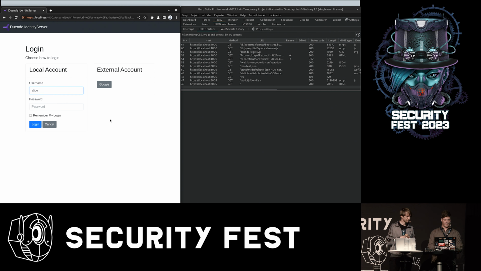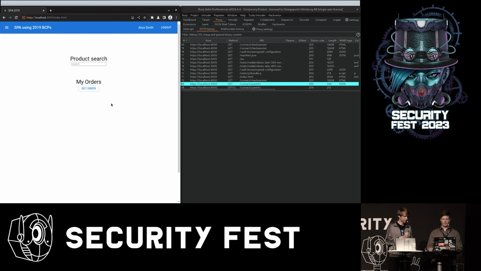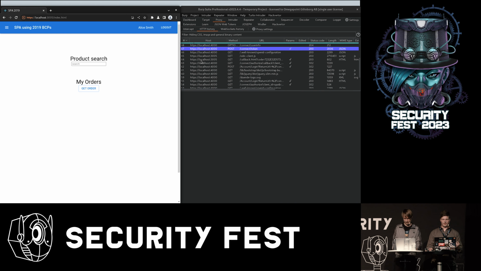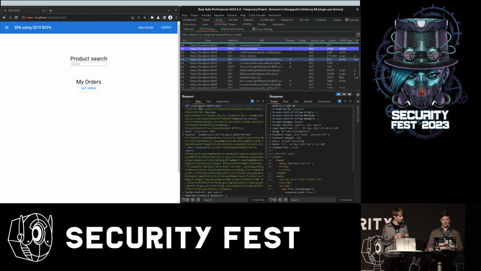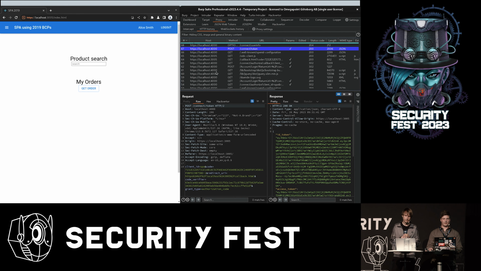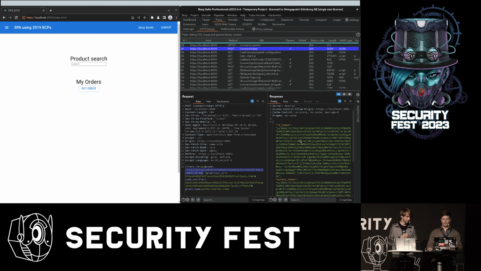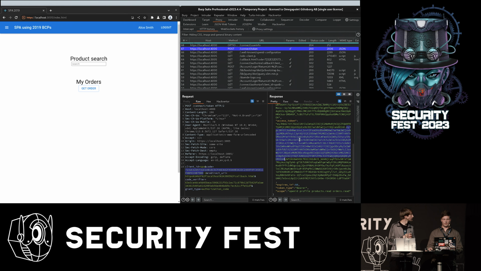And if I log in with my credentials here, press enter, I'm redirected back to the single page application. And there's a lot happening here. So if we scroll back a little bit in the network history, we post our credentials to the token service. We get redirected back to the single page application with a code. Now this code doesn't do us any good. We can't use that to access APIs. So what happens next is now we exchange that code for an access token. So we send the code back to the IDP, and we get back an access token.